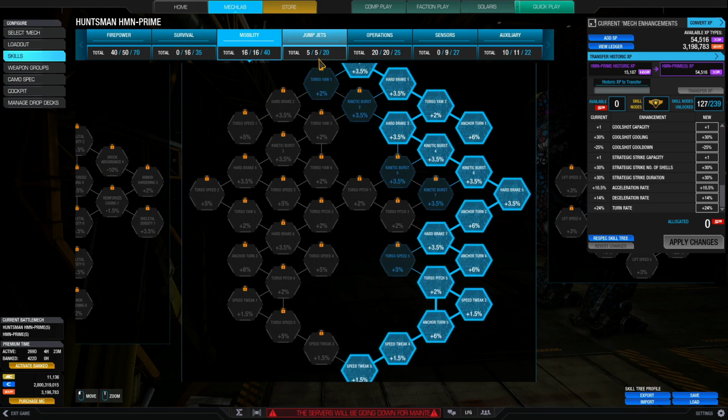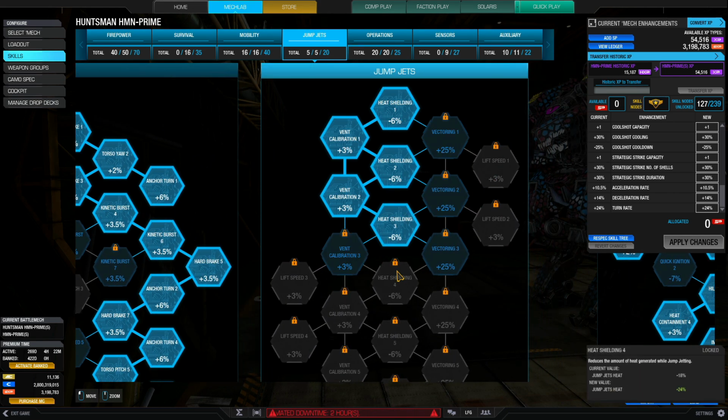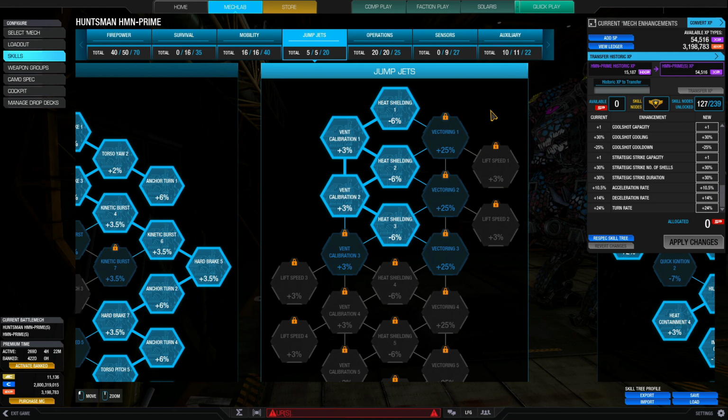And you want to use it to move from cover to cover, to close in on the enemy, smash them hard with those SRMs, and turn and fight. Also, 5 jump jets, with 5 SPs in the jump jets tree, and that's because jumping is a key aspect of the Huntsman. It's a very good poptart with all those missiles, especially the 4 pods in the